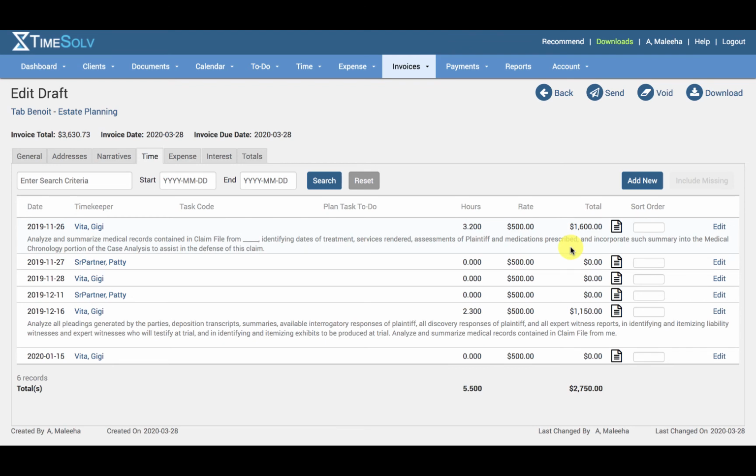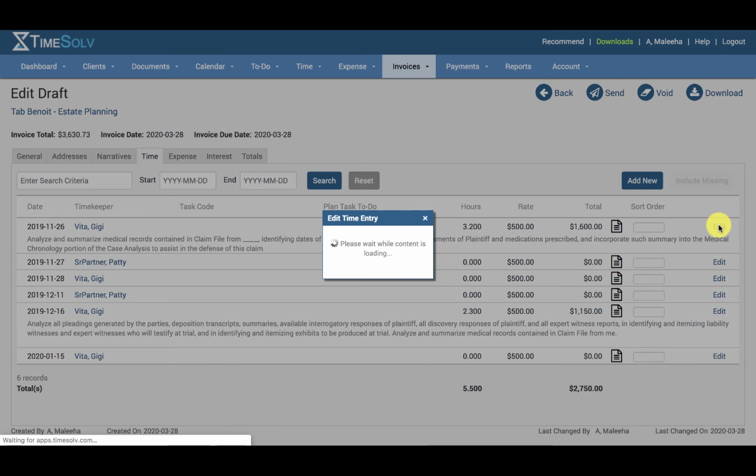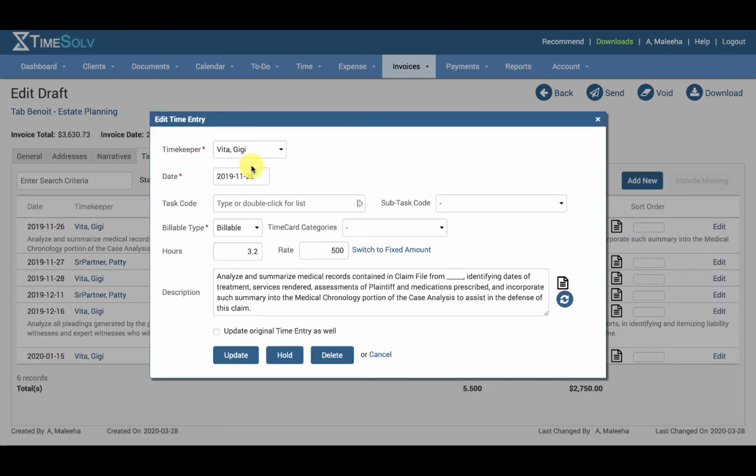When editing a time entry, clicking on Update will only update the draft invoice. It will not update original time entries unless Update Original Time Entry as well is enabled. So let's click on Edit, and here we go. We have all the details pulled up. We can make the edits we need,